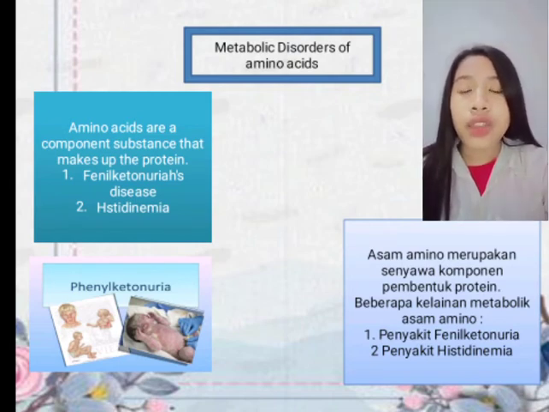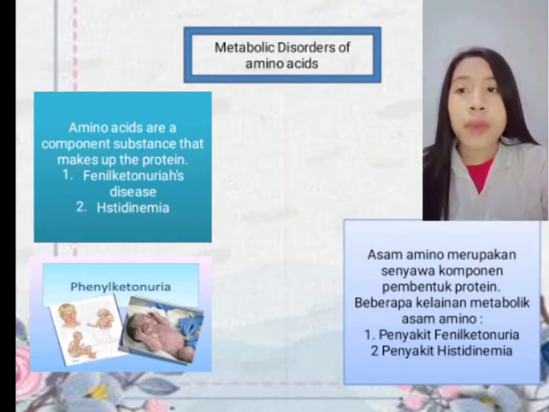1. Phenylketonuria disease. Phenylketonuria is a metabolic disease of one of the protein forming amino acid, phenylalanine, that causes growth disorder and retardation in mental states. Phenylketonuria is a disease where sufferers cannot metabolize phenylalanine properly because the body has no enzyme that oxidizes phenylalanine to tyrosine and can cause damage to the child's brain.